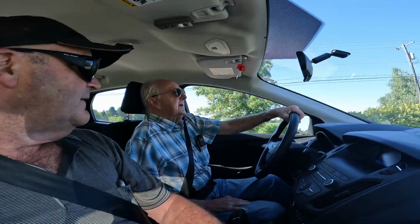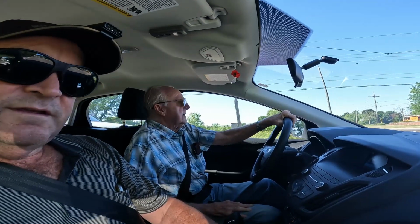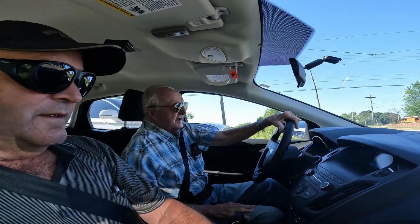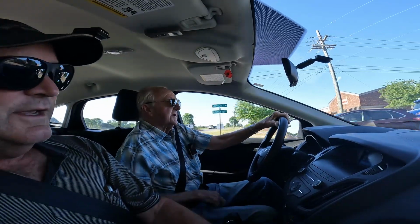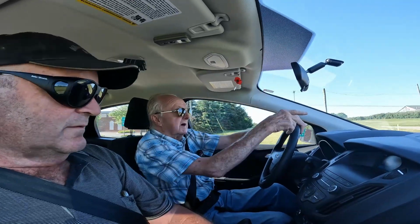But to make a long story short, my son had a heart attack here a year or so ago, and nobody knew that he had any health problems or anything, and basically overnight he passed away. Oh wow, how sad. But meanwhile, he had probably almost a year before that, we just trailered it from there to my